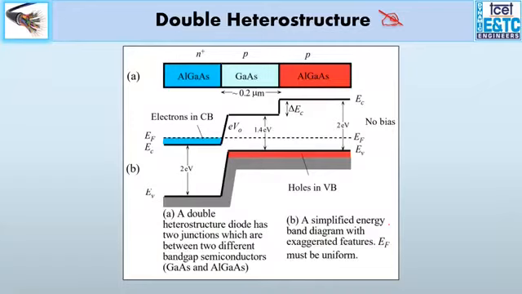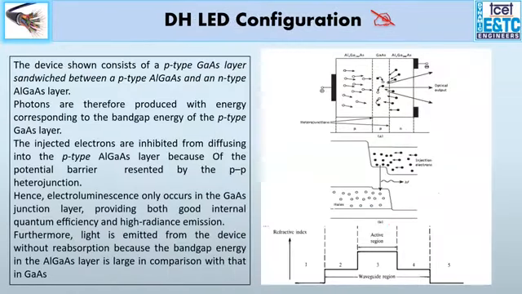In between is sandwiched a P-type gallium arsenide, giving us a variation in the energy band diagram where all the recombination takes place at the P and N aluminum gallium arsenide and P-type gallium arsenide, and hence because of the low barrier, we get a high intensity because of the use of heterostructures.